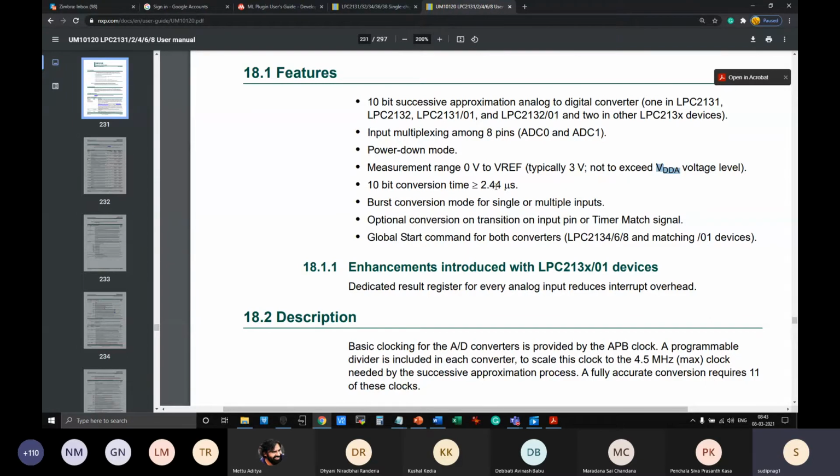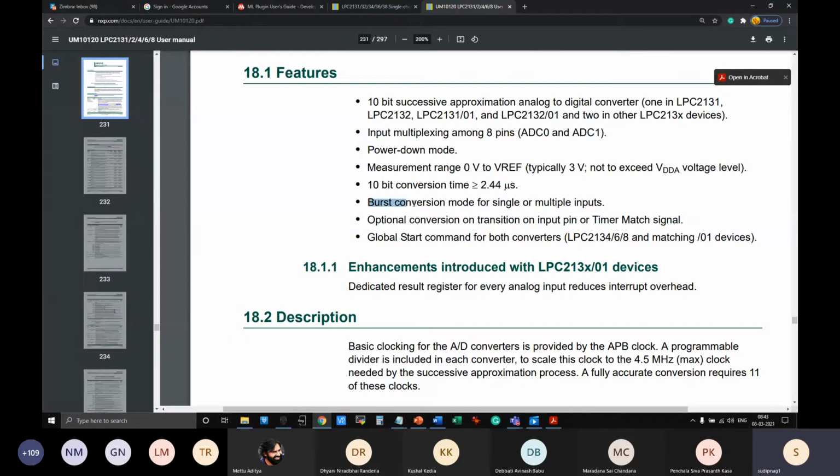In this case, it is 2.44 microseconds. So you can take a reciprocal of this. You can find the speed of conversion or the sampling rate of the ADC. So sampling rate is just a reciprocal of this conversion time. And then there are different modes in the ADC. So suppose you want to convert many times at a go, then there is a burst conversion mode. That means it will do multiple conversions one after another automatically, and then keep on updating the data into the memory. So it will keep on doing conversion, update into memory, then go to the next memory, do the next conversion, update that data into the next memory location, and so on.